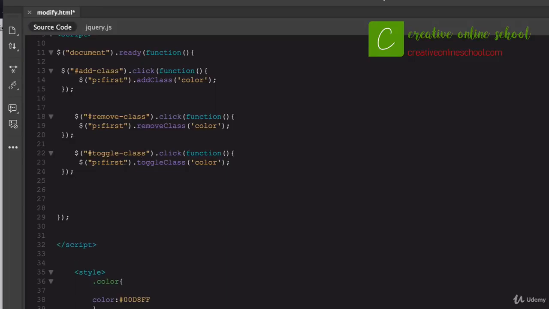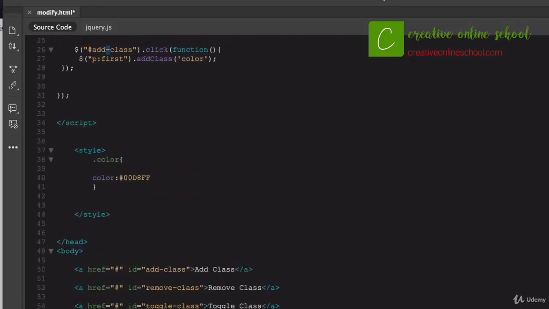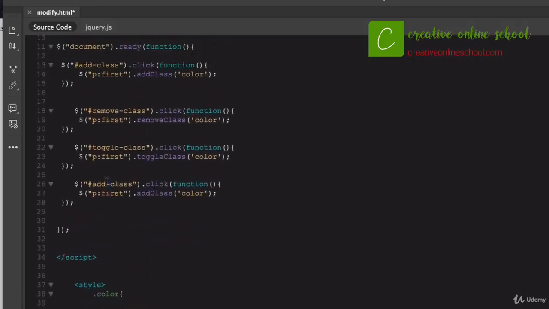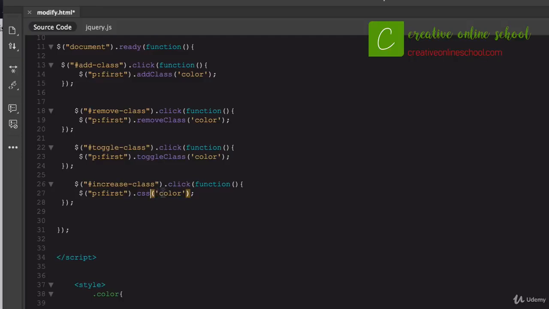Very last one that we want to do is the increase size. What did I call that one? Increase class. So I'm going to say target the increase class here. And this will be another click function, and we're going to target that first paragraph again, and instead of targeting the style that we've done down here, I just want to target CSS. And this is kind of a cool one, a little bit different than anything I've shown in the previous videos here, although very similar. We will say within the parentheses there, we're going to open up a set of quotes,